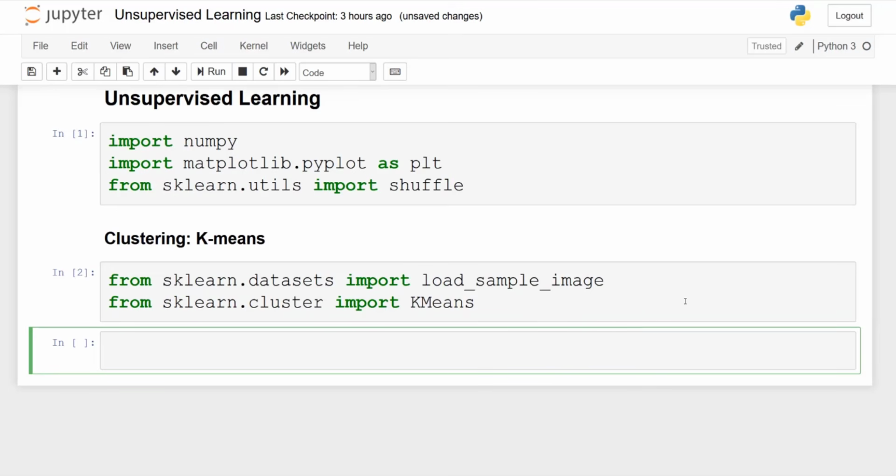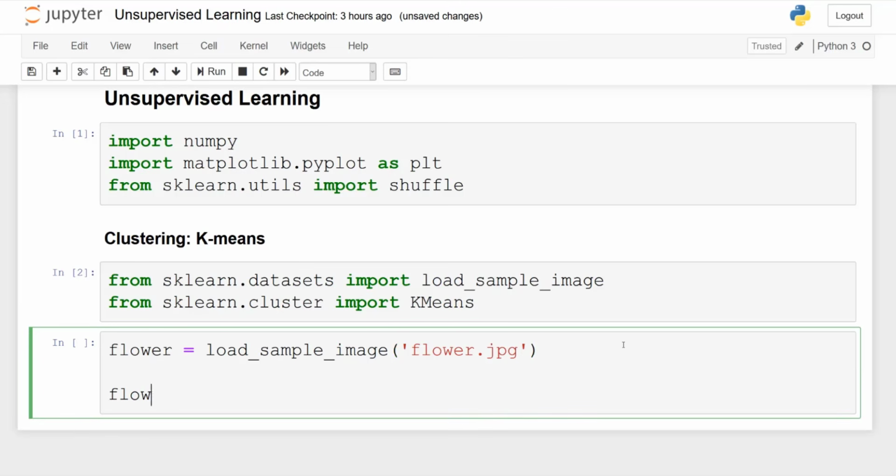Now, after importing our libraries, we will load the image of a flower. So the flower will be equal to load_sample_image, and we will pass in the name of the image. In this case, it is flower.jpg. Now we need to convert to floats and divide by 255, because colors are expressed as RGB, right?